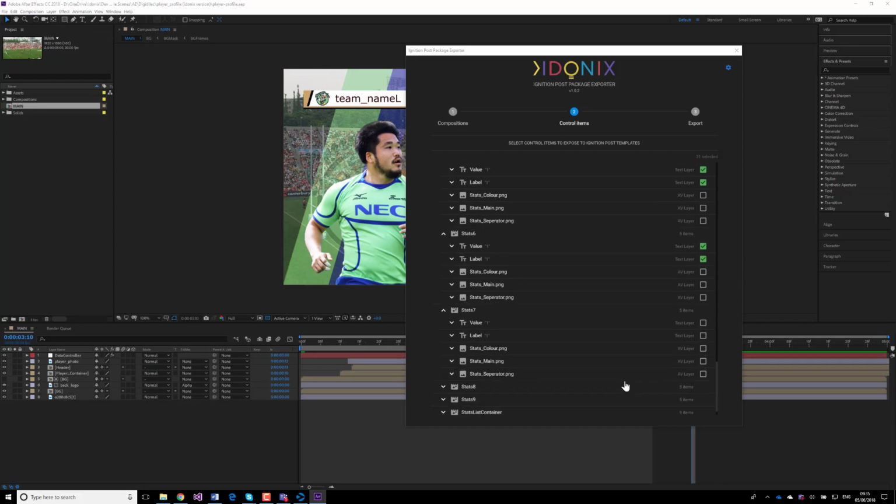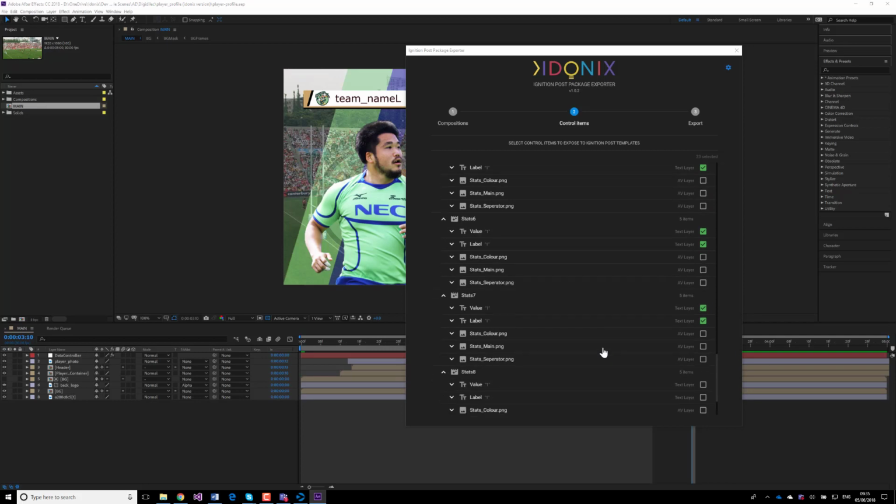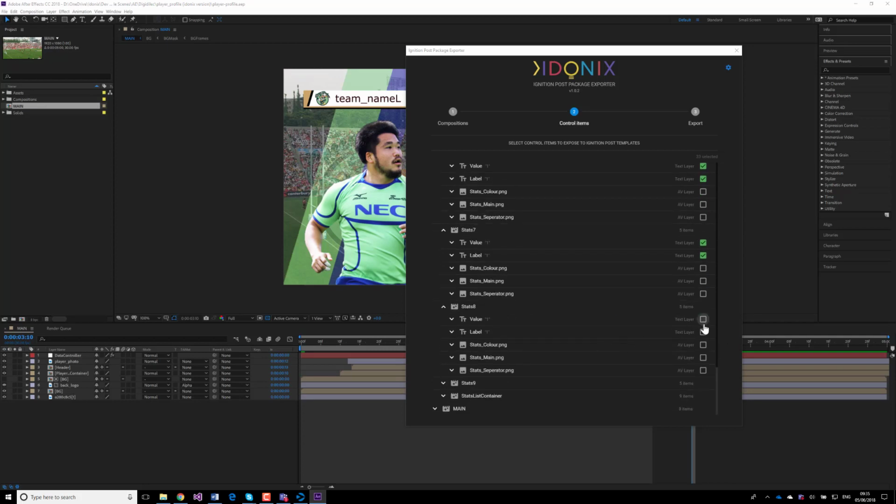So the important thing when we designed Ignition Post is that we wanted our customers to be able to template their own graphics. So we wanted you to have full control of how you use the system, and you don't need to come back to Idonics to have